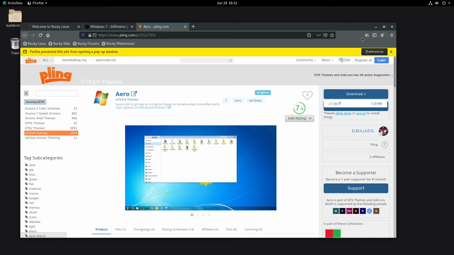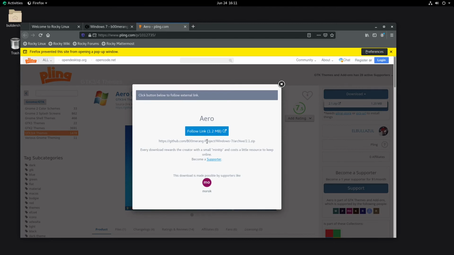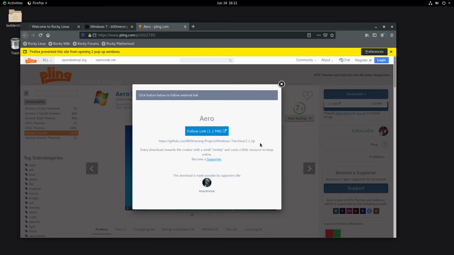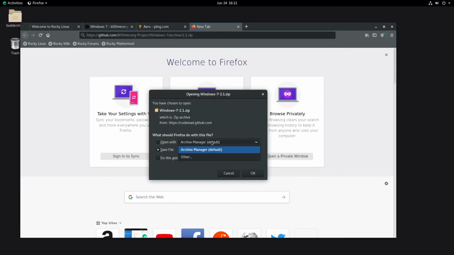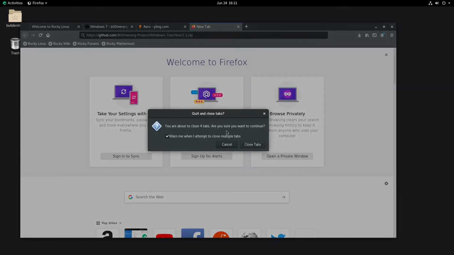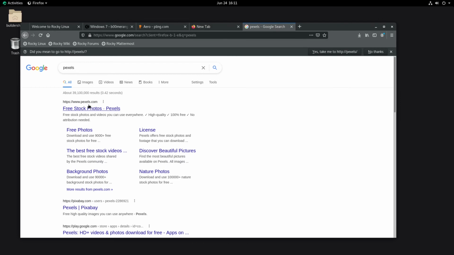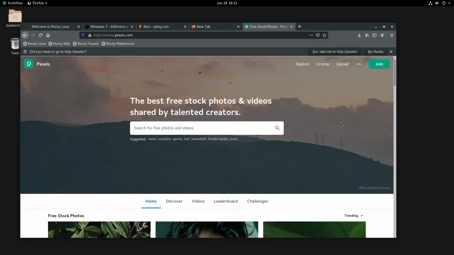Where's my downloads? Can't you just go there? Okay, screw it. Just go here, save file. Just saved it. Pop out of that. Just get a background too. Let's go to Pexels. Free stock photos. No, we would want the background, so